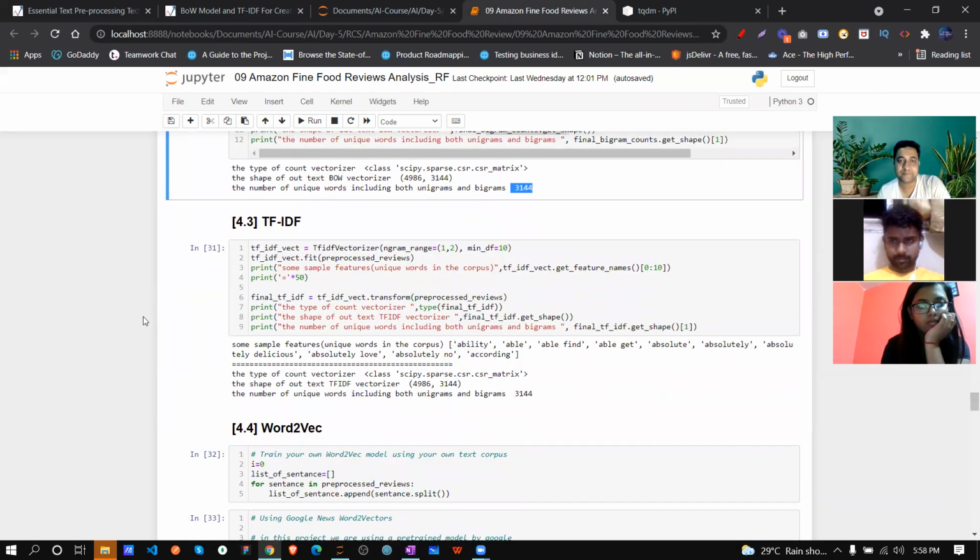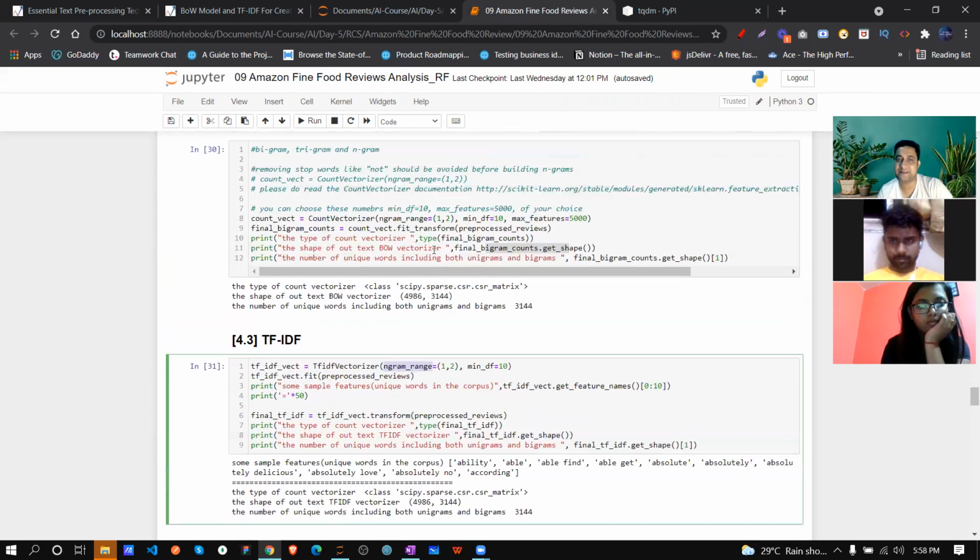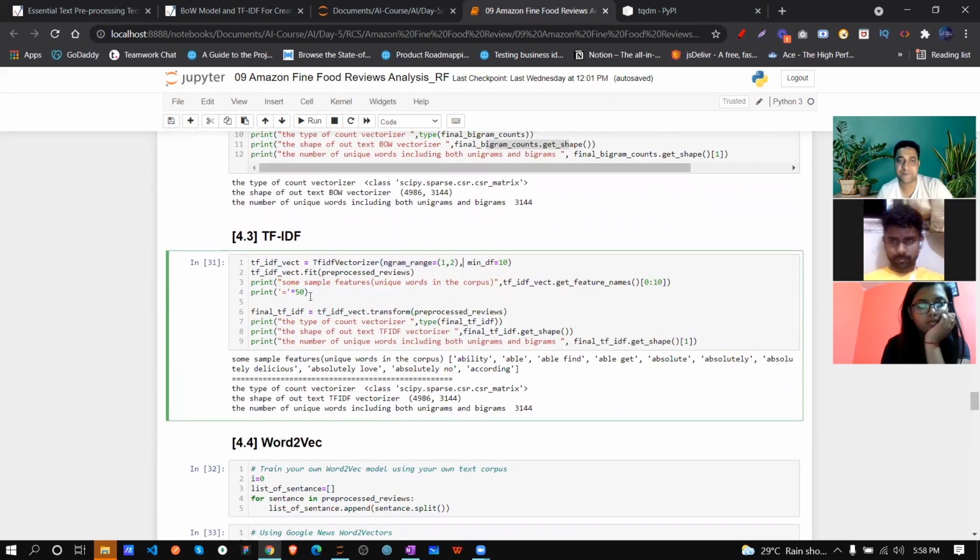Once done, again simple things: when we are dealing with TF-IDF, we need to pass the n-gram together. That's the main reason we actually check this. Once we checked, we send the top 10 features with the pre-processed feedbacks. In the same way we are transforming, because we know fit and transform is basically used for training.